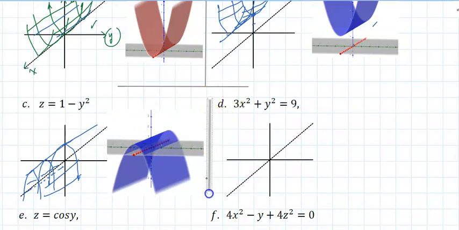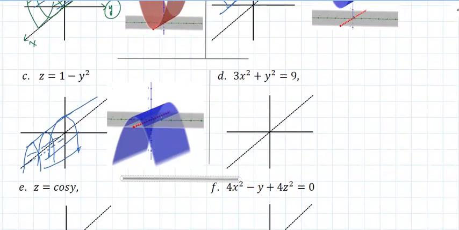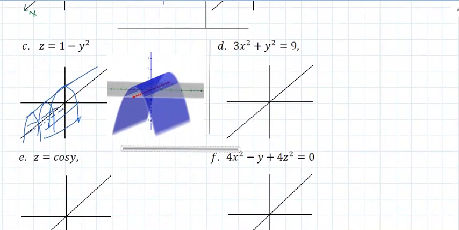So visualizing the graph is a lot more important than the actual graph. You're going to have to find the volume in chapter 15 and 16, and you really just need to picture what that graph looks like. Now if I look at part D, I notice if I set this equal to 1 just like I do normally,